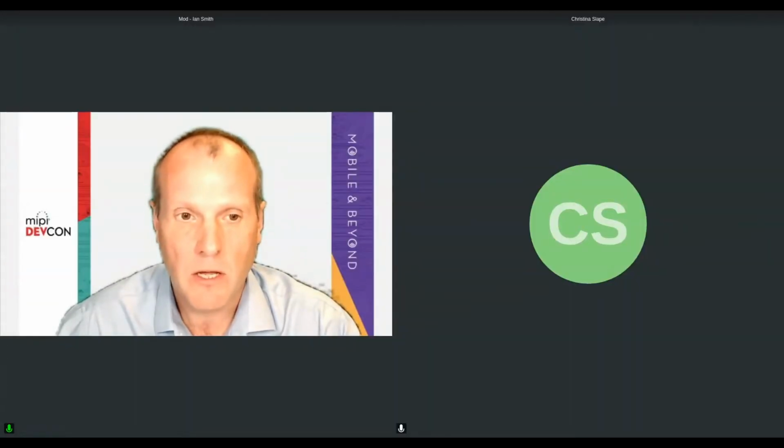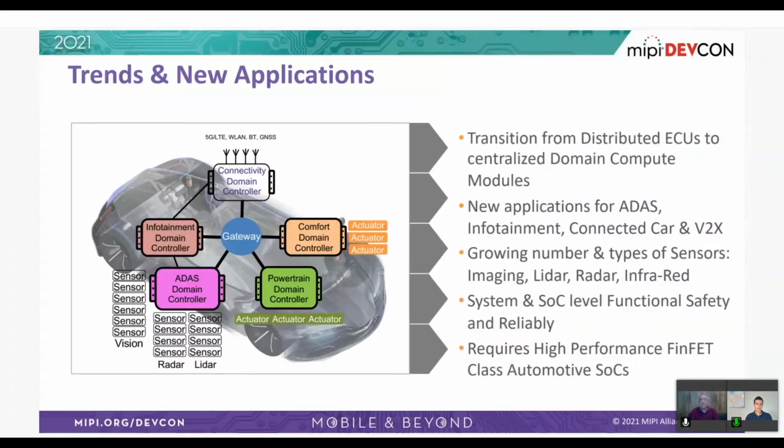So looking at what's going on in automotive, the key trends, I want to start by talking about the transition from a more distributed ECU kind of architecture to a more centralized domain architecture. If you look, for example, at current implementations today, especially in high-end cars, you can see up to 100 ECUs running different applications. These domain controllers in the new architecture are connected with a wired harness to the gateway that takes care of getting the data in and out of the vehicle.